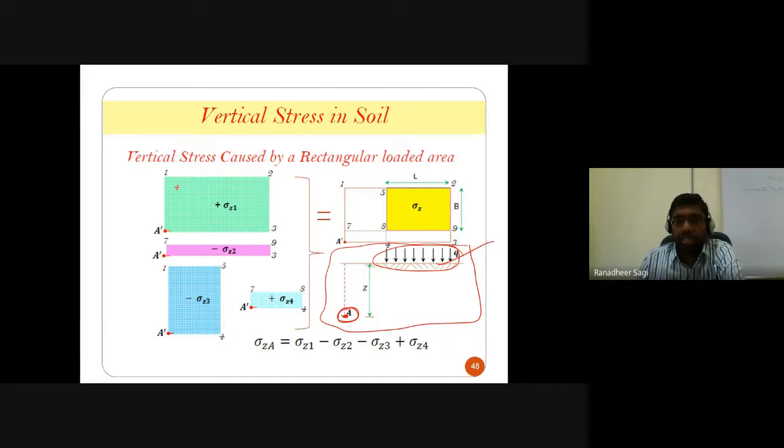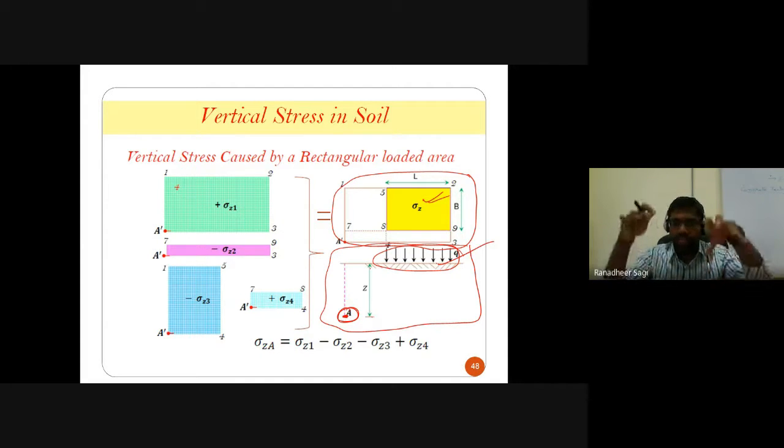Now what I know is, in the case of a rectangular loaded region, the point about which I want to calculate the vertical stress should become one of the corners of the rectangular loaded area I am trying to consider. So now look at this plan view. This yellow color, what is it indicating? It is indicating the original area of your loading, the original area in which that uniform pressure is applied. However, that so-called point A in the plan, which is represented as A dash, is not falling anywhere in your loaded area.